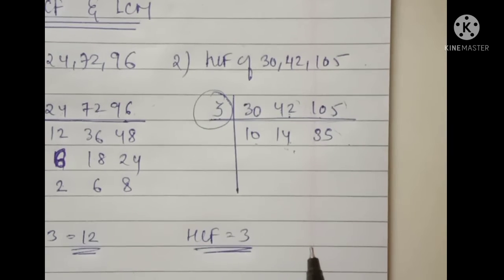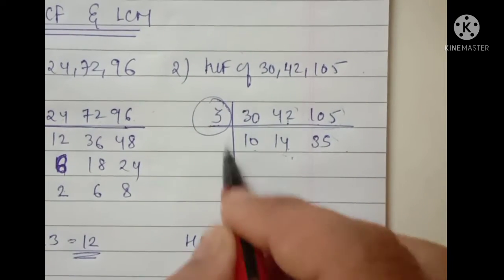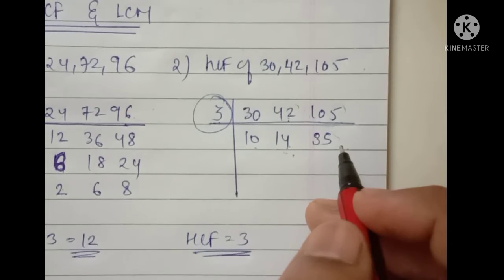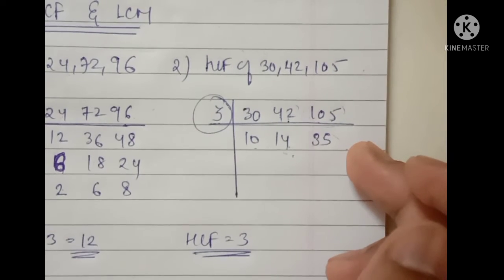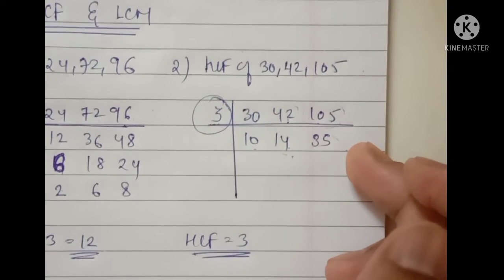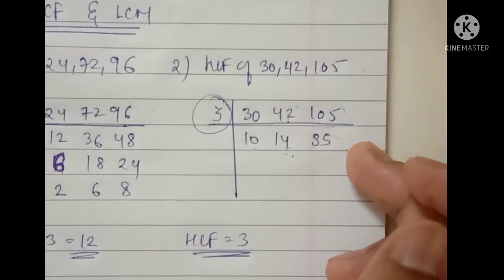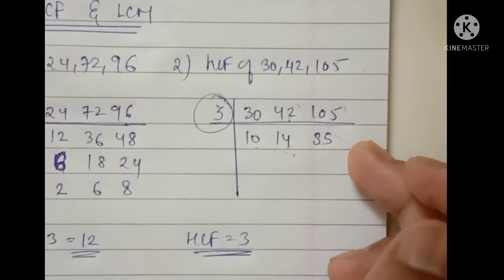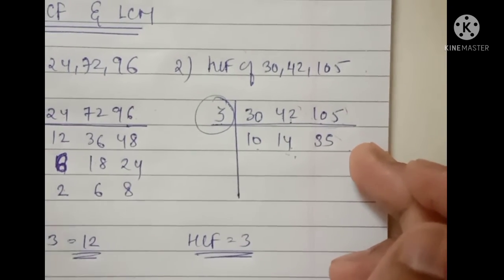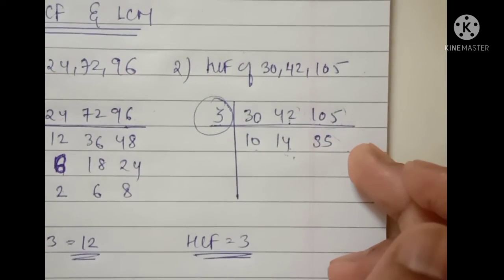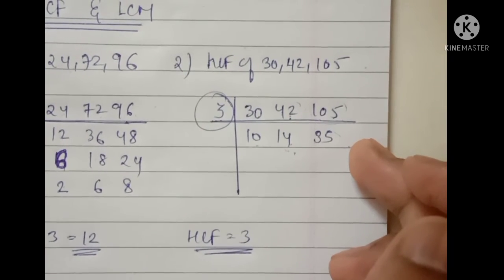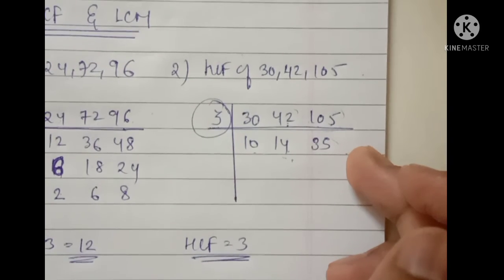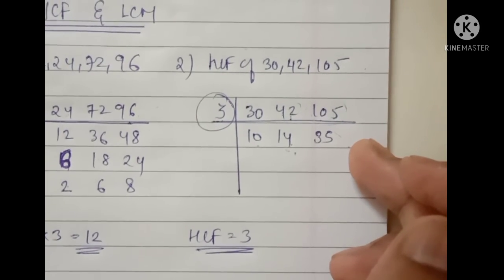Clear? Don't go further because see, यहाँ पे 1 लाने की ज़रूरत नहीं थी, because मुझे पता है कि यहाँ पे 10, 14 and 35 will not come in one table. Okay, if the LCM is asked, then you can proceed further, but for HCF you need to stop here only. See, in the previous case what we did, we solved up to 1 and we got 1 and then we stopped, but वहाँ पे एक ऐसी possibility थी that 1 is coming, but in all cases 1 will not come. Okay, so 30, 42, and then again we see that 10, 14 and 35 will not be divisible in one table. Okay, so that's why we stop, and we got the highest common factor, that is HCF of these numbers.